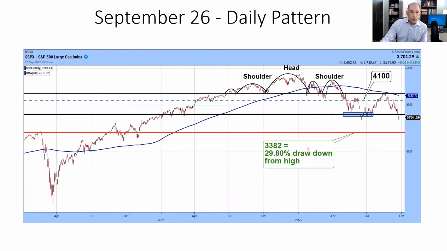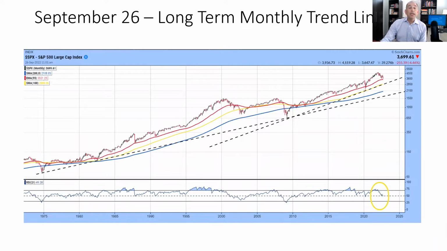Now, I drew this line here, this 3382, and I expanded it. It is around that pre-pandemic high, and so there is sort of some confluence there of, again, a head and shoulders pattern that's projected lower, and obviously the pre-pandemic high. So take it for what it's worth. It's just a technical pattern. I'm looking at some long-term trends, right?